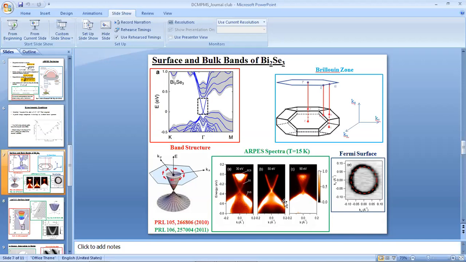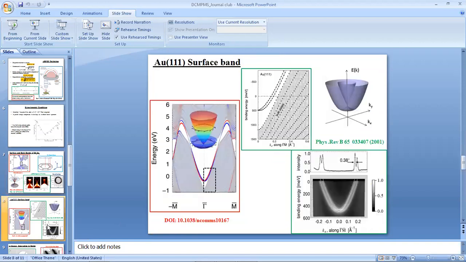I can make it much more intense. The color scale looks like the right one is the color scale, but here you can see it is much more intense. So basically I can manipulate it, and the absolute value of the electron count could be very different. Correct. Okay, thanks. And is there a way to count that? This one you actually can, if you take a cut, which we call an EDC or MDC. If you want to see how many electrons are there, I will show it here.